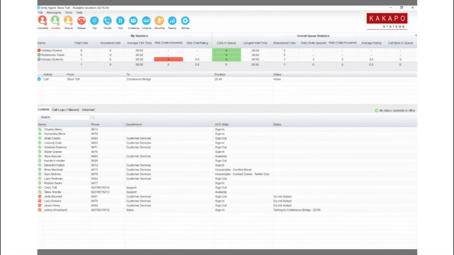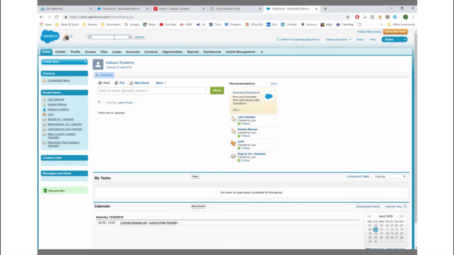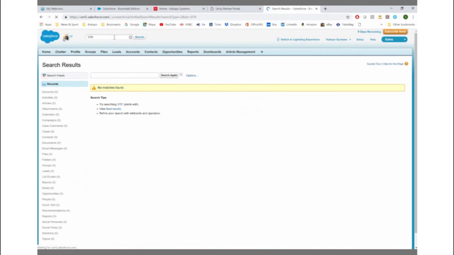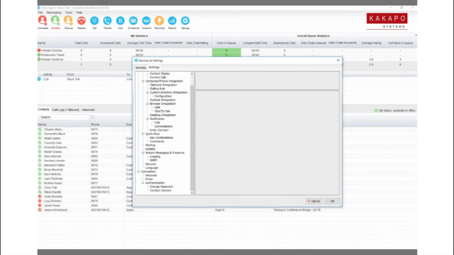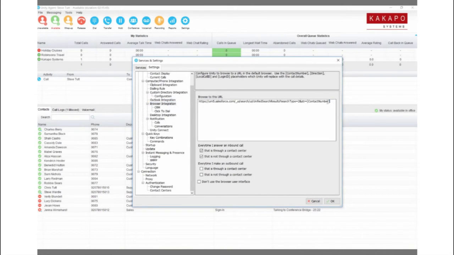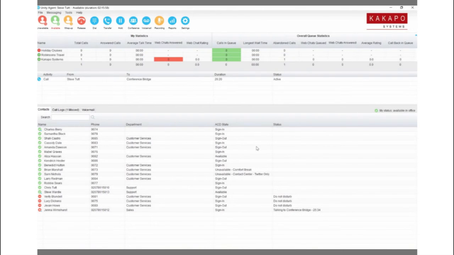Simply, if we do a search in Salesforce, if I search on 079, which is a prefix for my mobile number here, I can see there's the string there. So it's just simply a case of taking that and putting that into the browser integration field. You can see I've already done it, but I've replaced 079 with contact number because that's the delimiter that Unity is going to use. So with that, what I'm now going to do is make an incoming call